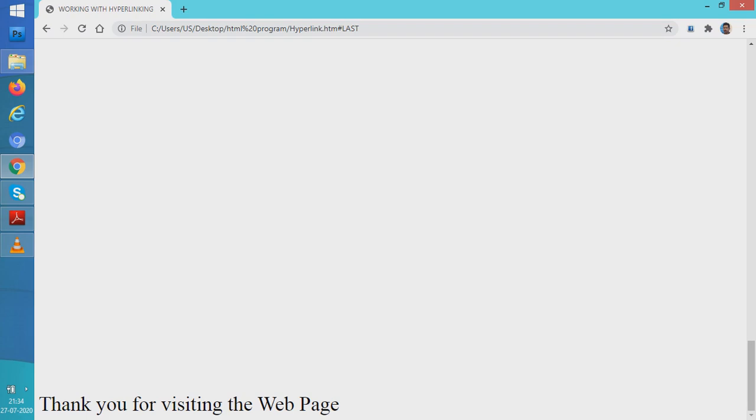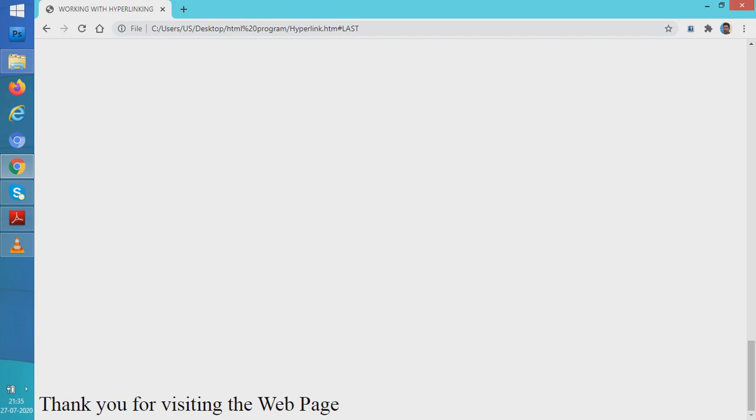In websites we have more than one page, and these pages are hyperlinked to each other, and all these pages are uploaded to the web server. As they are kept in the same folder, as I have kept it here in the HTML programs folder, the whole folder would be uploaded to the web server, and whenever someone surfs your site, the internal hyperlink works so that one page opens another page and your website is shown. We all know a website is a collection of web pages, and these web pages are hyperlinked with each other.